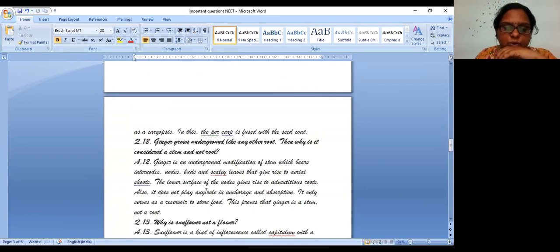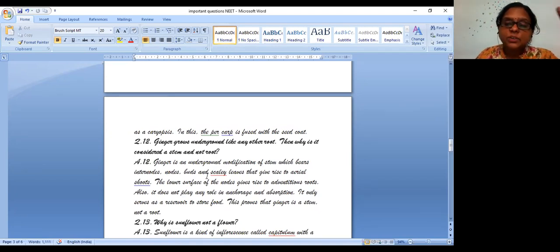Yeah. So see, students, this is a question about ginger. They are growing down. So why is ginger a modification of a stem, not a root? The only thing is, how can you differentiate a root and a stem? Root means it will not have a node, internodes, leaves, flowers and all, right? If it is a stem, it will have all these things. And you can see that the ginger is able to produce all these things, right? So we can say that it is actually a modification of stem, not root.